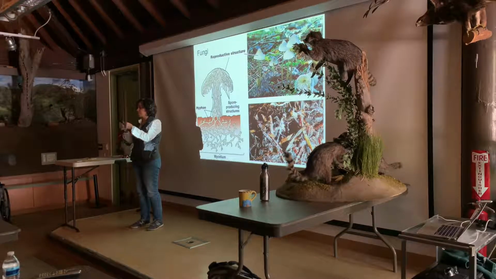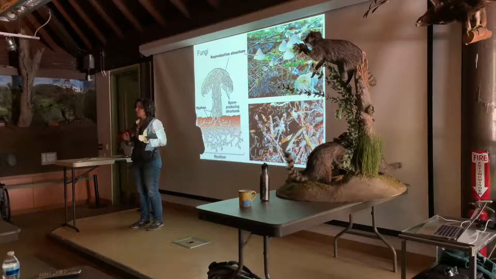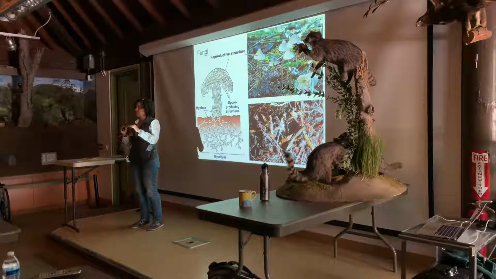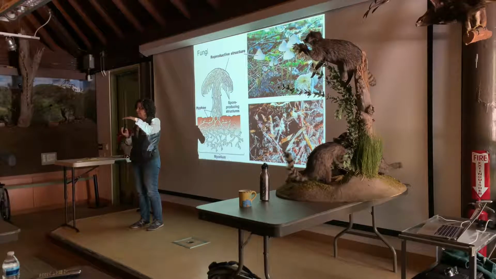It still has a structural role in holding the tree up, but it's not alive anymore. It doesn't have any living cells in it. Trees grow from the outside, just under the bark, and the bark grows out, and the tree grows out, which is why the trees grow wider. They grow taller and wider. They grow out from the edges, the outside. They don't grow like a place on a tree this high doesn't end up this high next year. It's always right there.